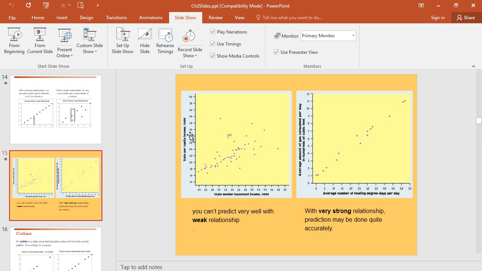So here the cases are the states, and for each state we look at the median household income and the per capita income. In the second one, we are looking at